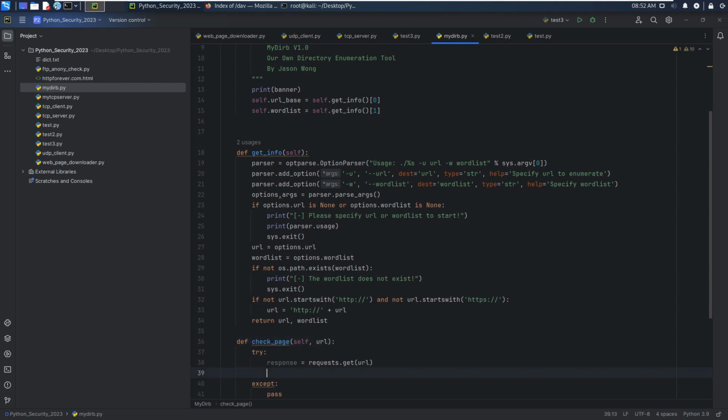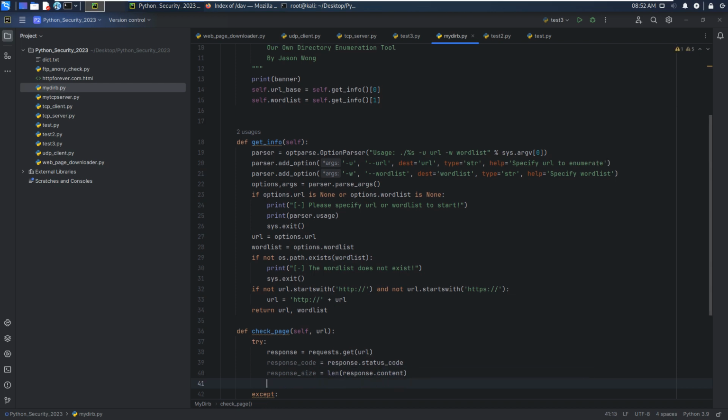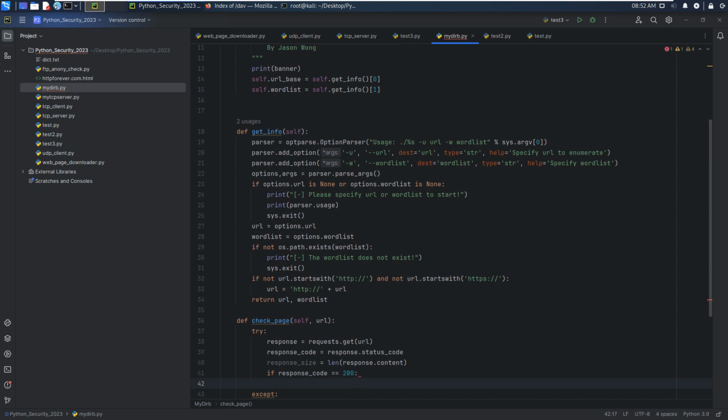And we can set response code to response status code. Response size should be len of response content. All right. Then we can print out a message depending on the code. For example, if response code equal to 200, which means the request is successful, then we can print out